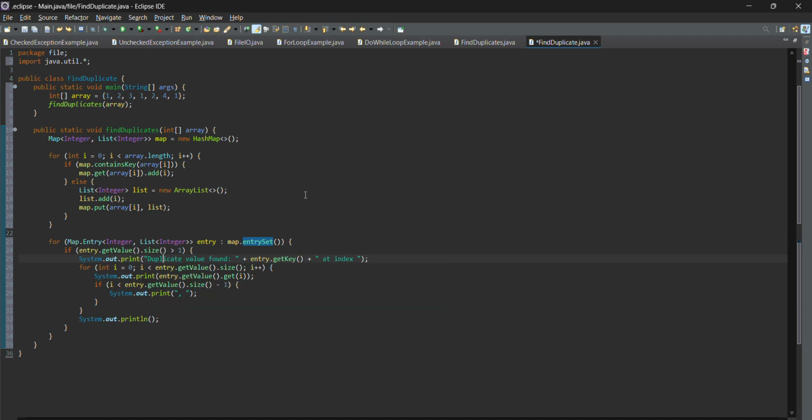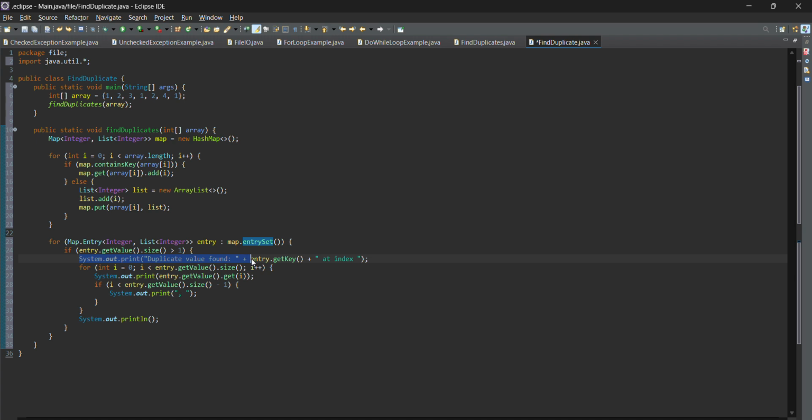Another one is this System.out.print, "Duplicate value found" plus entry.getKey, plus "at". In addition, the if condition checks if the number of indices is greater than 1. If true, it means the number is a duplicate.